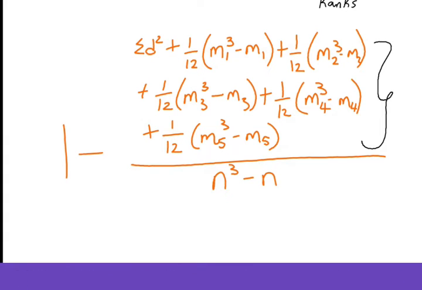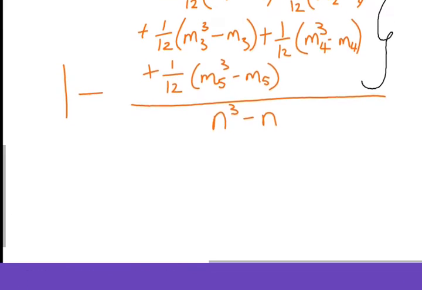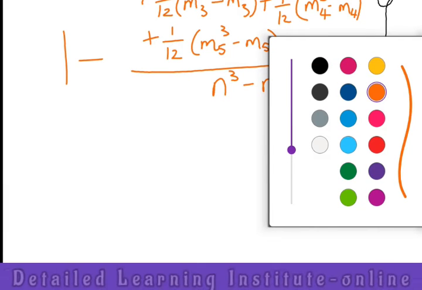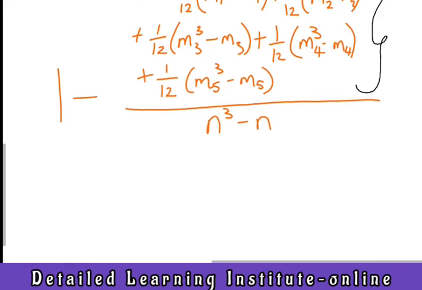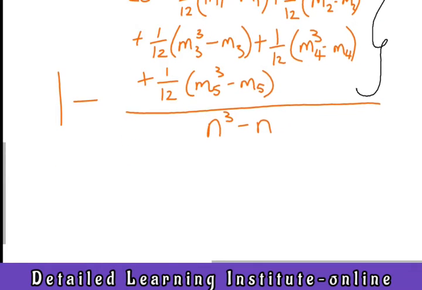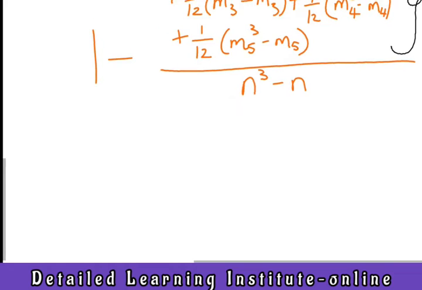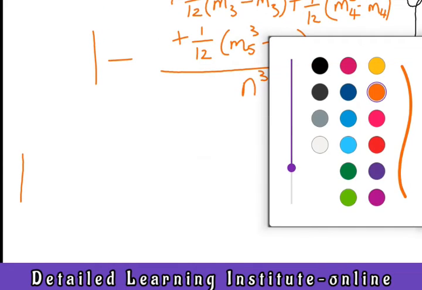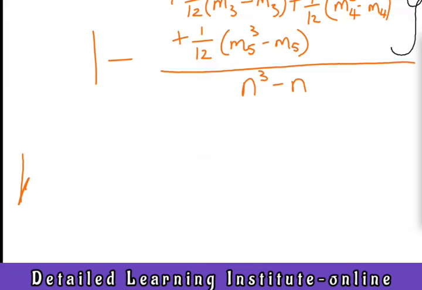When you calculate the value, summation d squared will give 22.5. So our formula becomes 1 minus 22.5